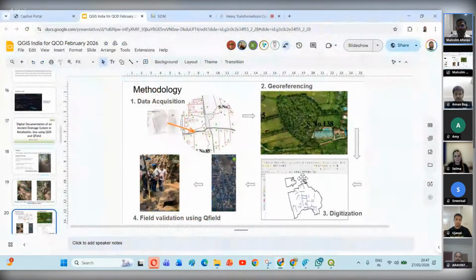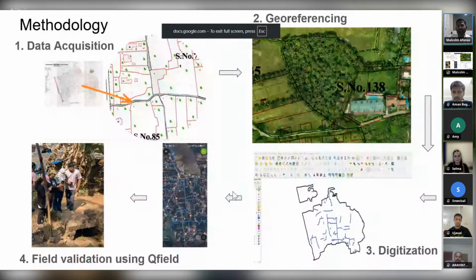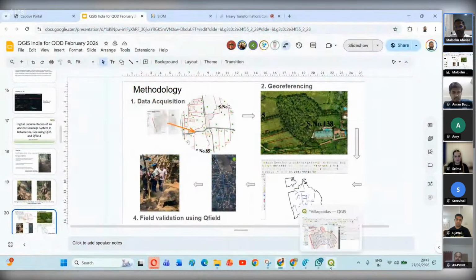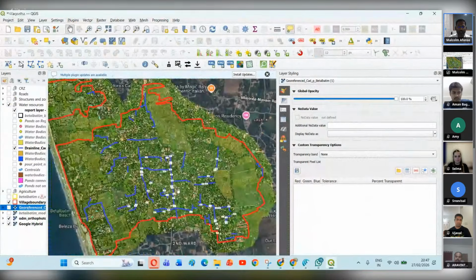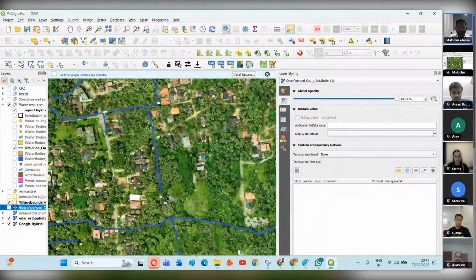We could now transfer this digitized network to the QField app. QField actually helped us to navigate to every channel in this network and take geotag photographs and validate the presence and also collect evidence of its status, that is whether it was choked, whether it was encroached. And once this whole data was gathered, we brought it back into QGIS where we could see the actual scenario. So I'll just show you. We have the geotag photos, and just click and